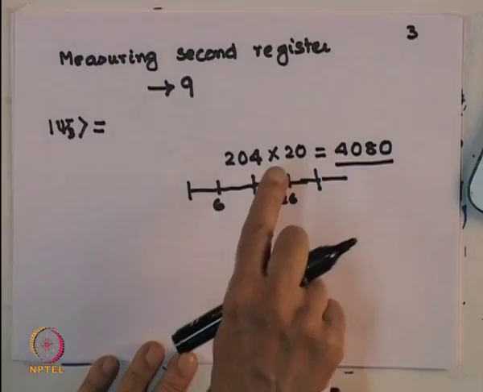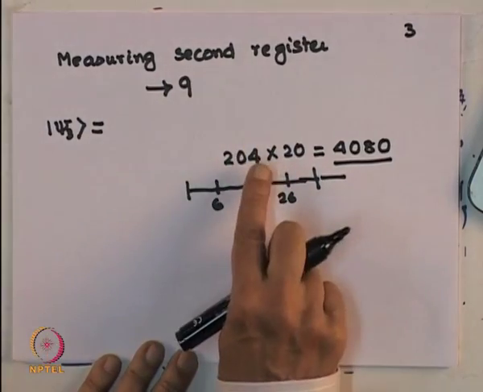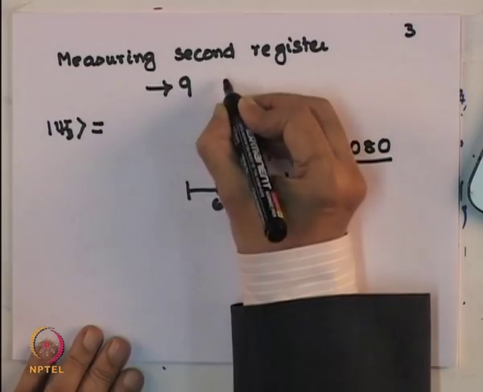So the remaining 16 of them, where 9 comes, also will appear once more. So in other words, I will have 205 values